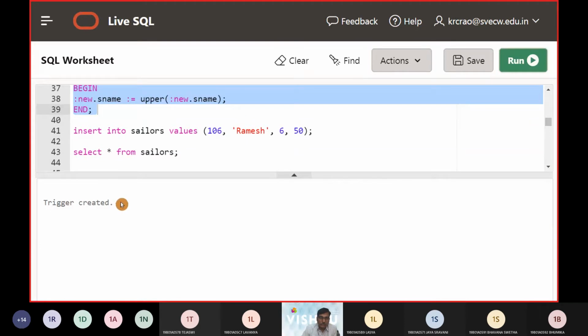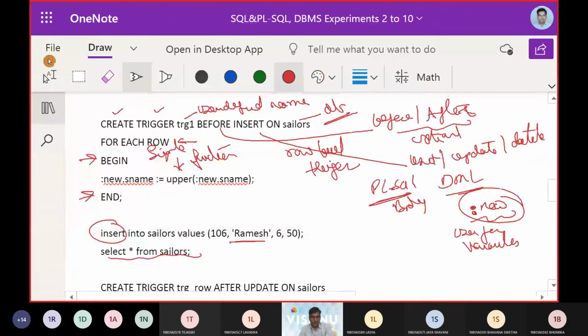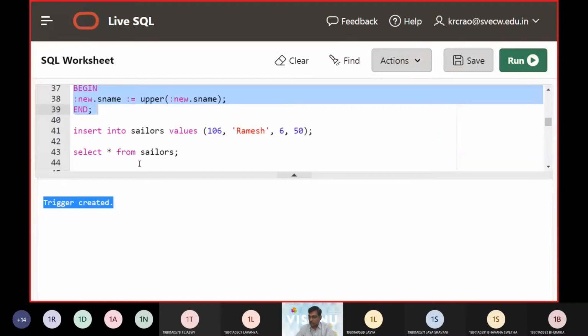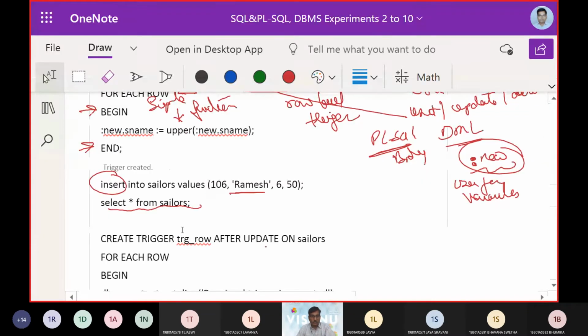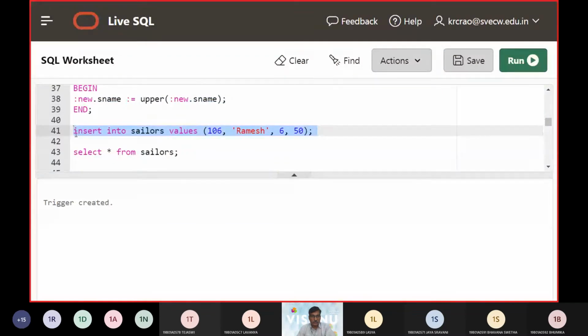So now you can see that a trigger was created. So the trigger operation was created at this point of time. So now you can place the answer. So this will be a very quick understanding of how this is going. So next, let us see this insert operation is going to happen.